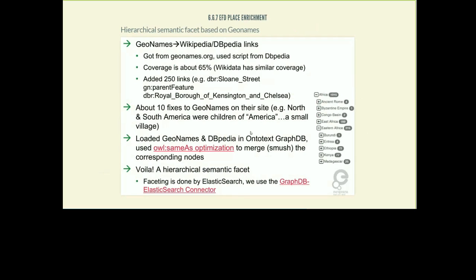So we only needed to add about 250 extra links. For example, Sloane Street, there is an object mentioning that, and there is a DBpedia resource, in other words, Wikipedia article about that street. We just added that it is in Kensington and Chelsea in London. And then we used the Elasticsearch connector for Ontotext GraphDB, and there you have it, a semantic facet of places.